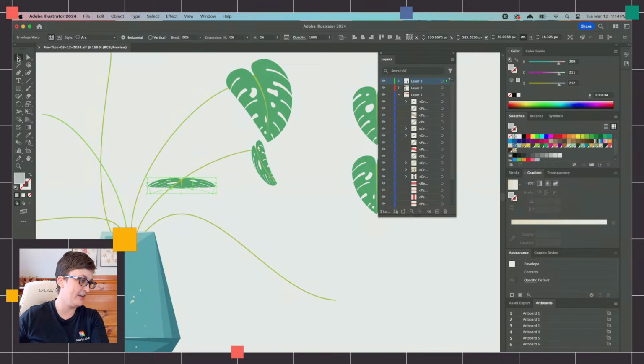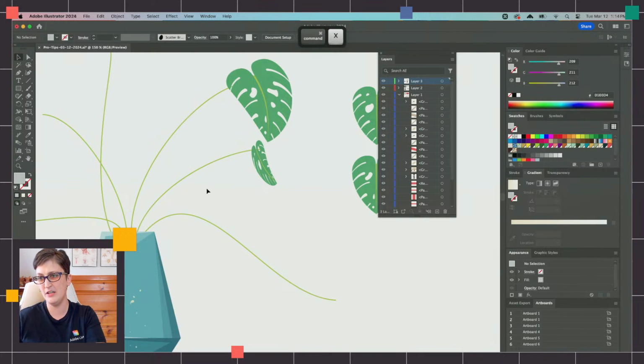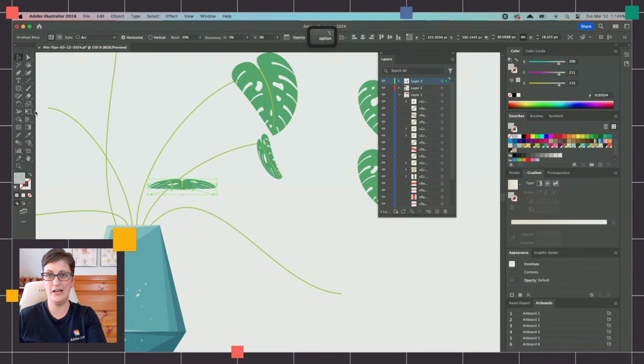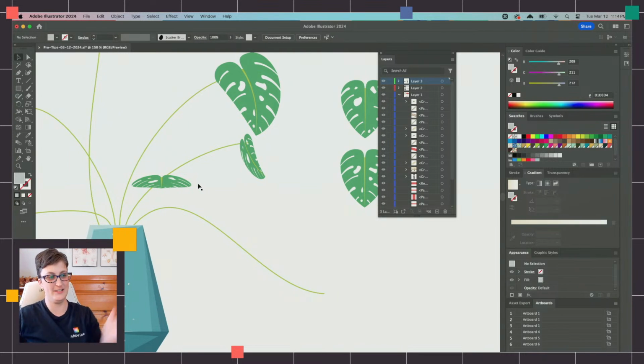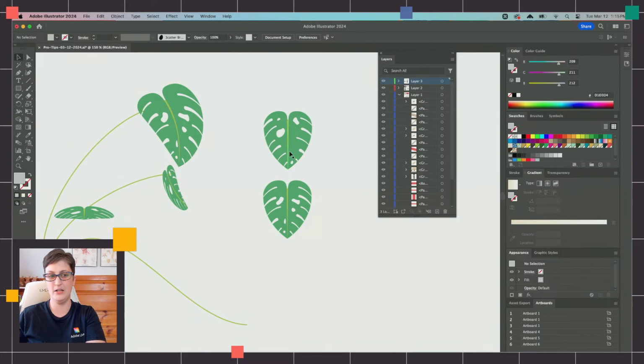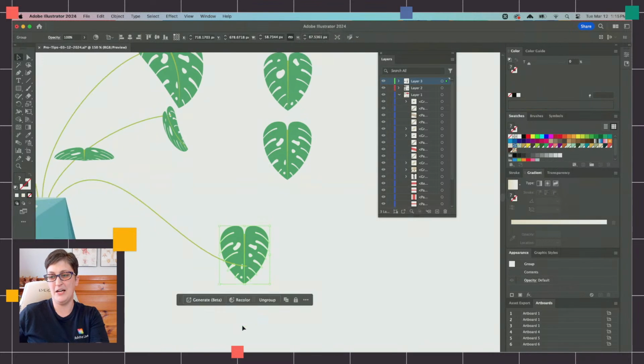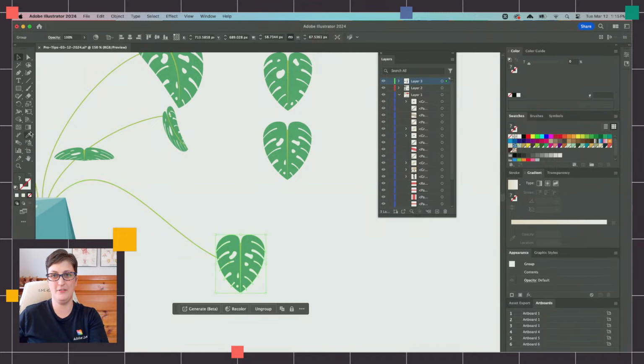And bring it to the front. And yes, Brad is saying you can also make your own envelope and use your own envelope distort and warp. Yeah, you can make your own shape and then apply an envelope distort to it. That's really helpful if you have something that you want to fit to a specific shape, like text, for example. I see a lot of people do that with text, to get text in the shape of a circle or something like that. But I honestly prefer this method for this in particular, just because